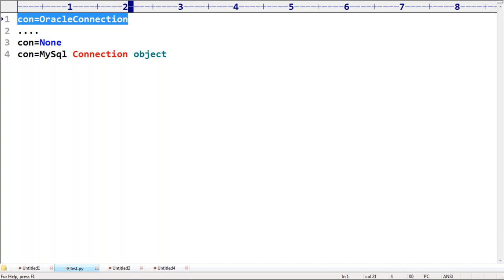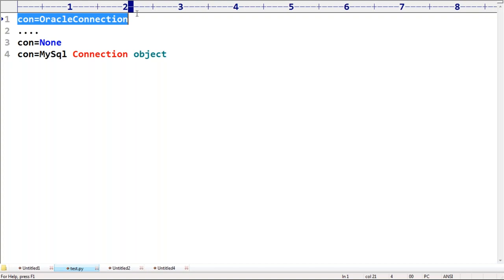I don't want this variable anywhere anymore, I don't want to see that variable again in my remaining code, then we should go for what? Del. Clear?